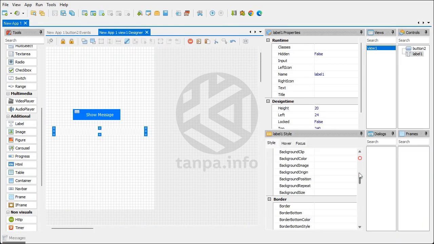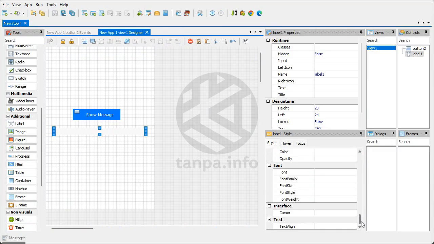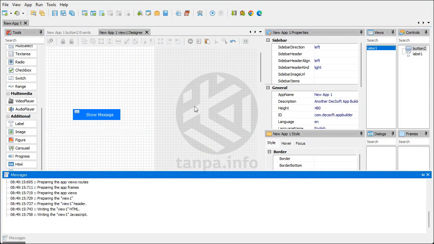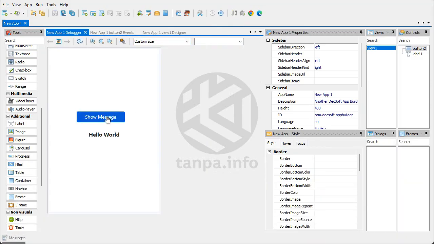We adjust the text display to be centered and bold via the Control Style Inspector. Let's rebuild and try again. Now, let's make Hello World using Simple Alert.